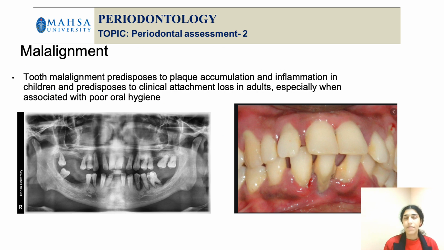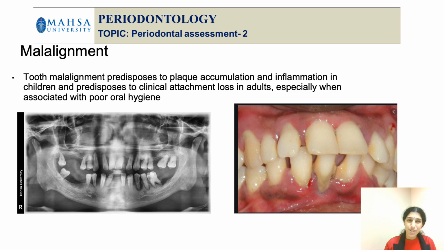Of course, malalignment. Malalignment is majorly an orthodontic finding, right? Malalignment can include malocclusion, crowding of the teeth, rotation of the teeth, labially or palatally positioned teeth, or sometimes the teeth are placed with a cross bite, overjet, or overbite. All these you usually learn under orthodontics, how to examine the patient for relevant orthodontic findings. However, in the presence of any of these malocclusion or malalignment findings, the most common thing I talk about is crowding.